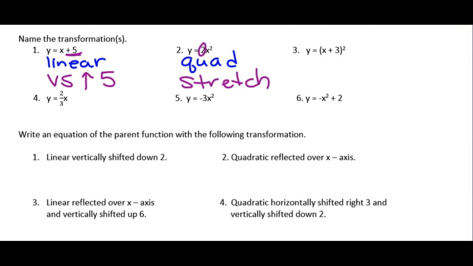Number 3, I see that it has an x squared, so that's going to be quadratic. But then it's in parentheses, and the only transformation that I have that is in parentheses is a horizontal shift. But I have to remember that although it says plus 3, the horizontal shifts go opposite of the sign, so this will actually go left